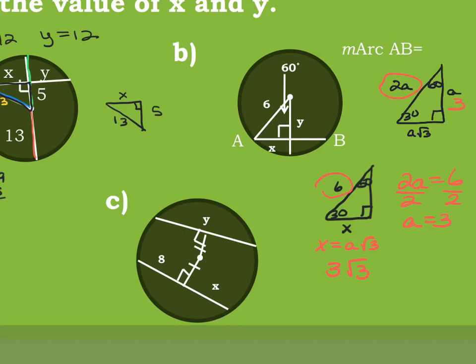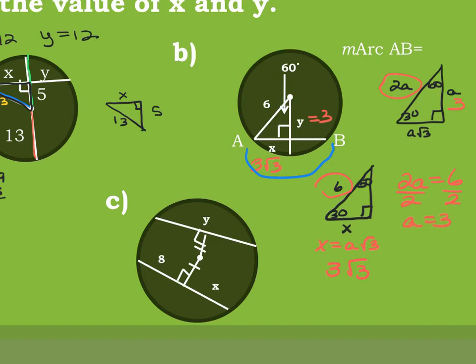And my y, which was my a, is 3. So x is 3 square root 3, and y is 3. So to find the measure of arc AB, which is right here,